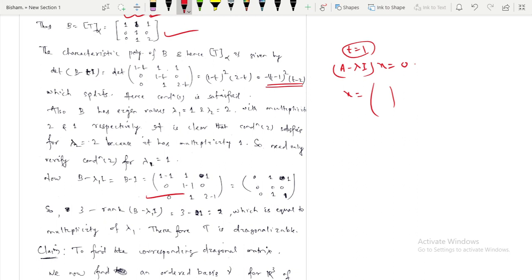Since t equal to 1 is repeated twice, its algebraic multiplicity is 2. If you get 2 eigenvectors x, then its geometric multiplicity